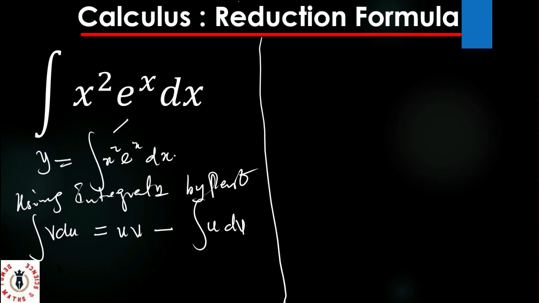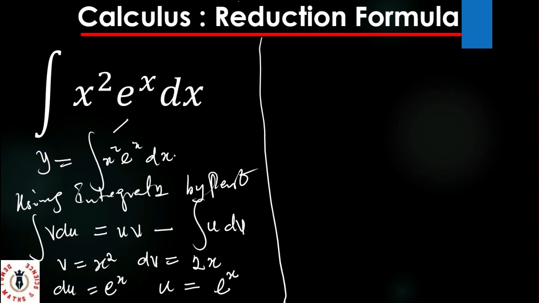That means if my v is equal to x squared, my dv will automatically be 2x. And if my du is e raised to power x, my u will be the integral of e raised to power x, which is e raised to power x. Now we can substitute this in the formula, so that my y now is the same thing as the integral of x squared e raised to power x with respect to x, which is the same thing as